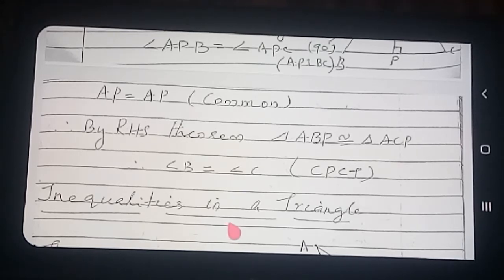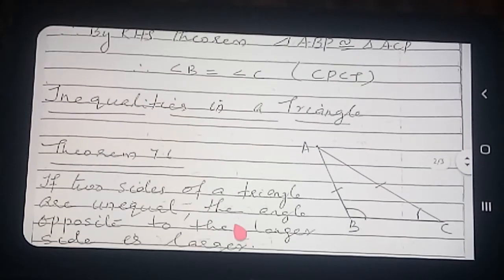Okay. So here also we are going to learn some inequalities based on the sides and angles. Here I have drawn a diagram. From this diagram it is very clear which angle is greater. Angle B is greater. Among all the angles, which angle is greater? Angle B is greater. And if angle B is greater, then while measuring you can see line segment AC is greater. In such a way we can see some theorems.